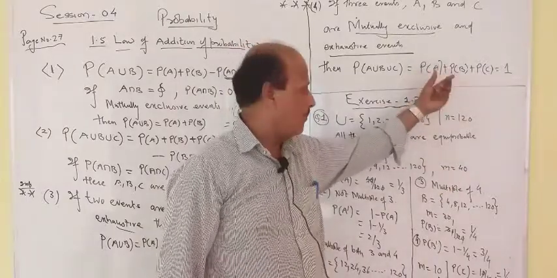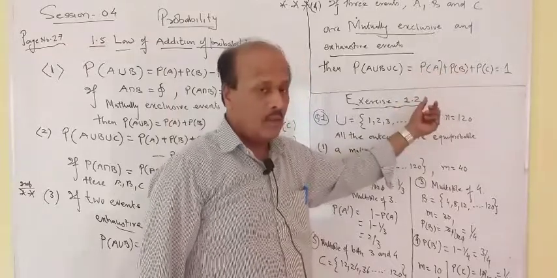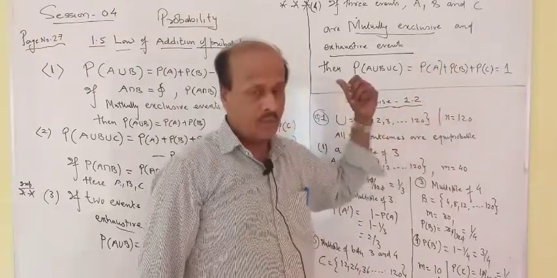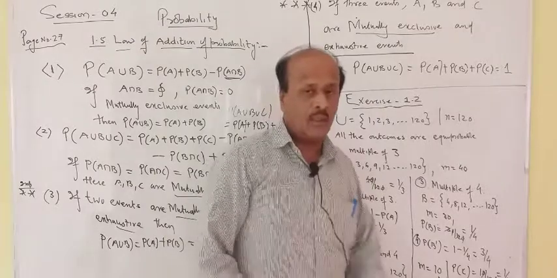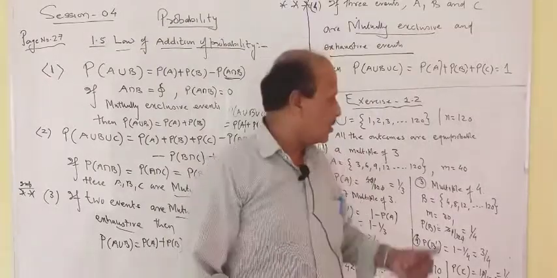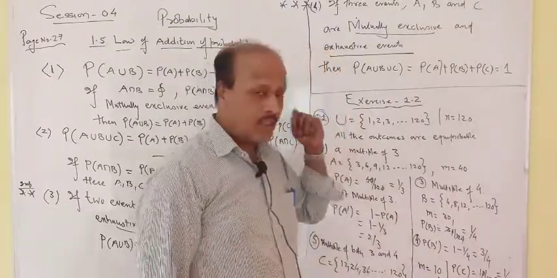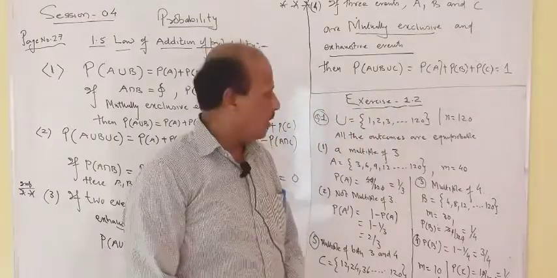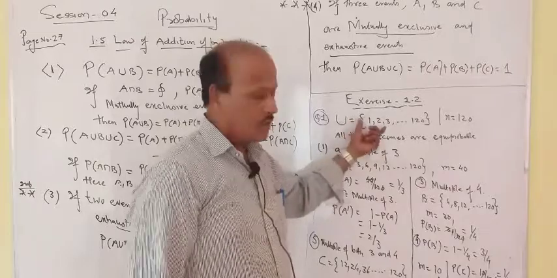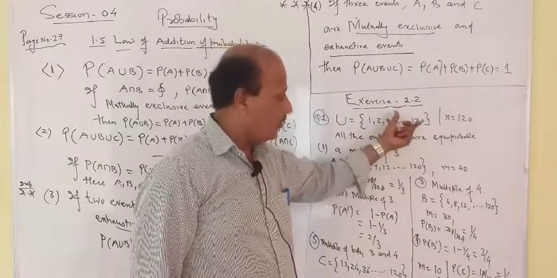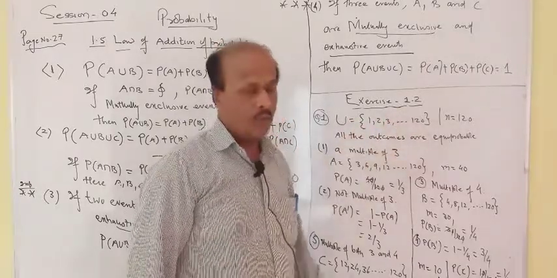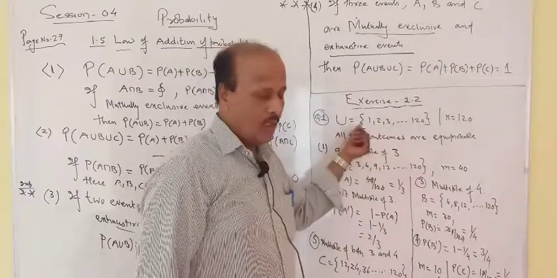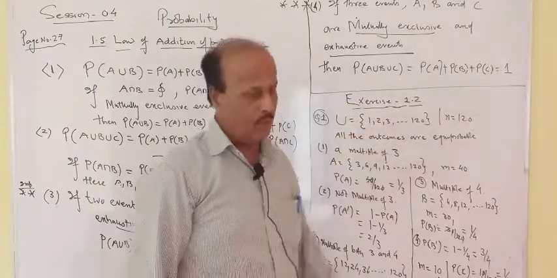There are many examples and many questions in exercise 1.3 that we are going to see in the next session. Now in this session, some questions of a previous exercise. As I promised you, gradually we are going to do the remaining questions of the exercise. So I have selected one important question from exercise 1.2. The question is not written on the board, so you go through the textbook. Part of the question is that a universal set is given.